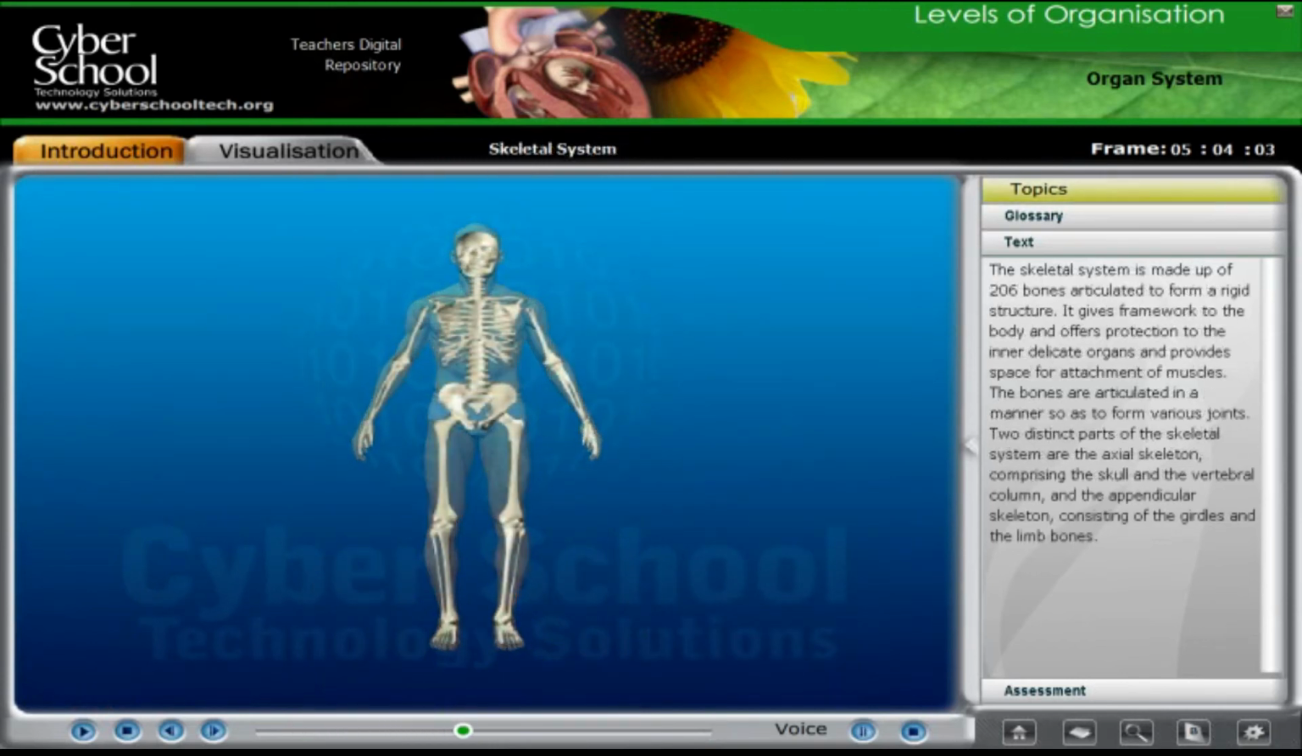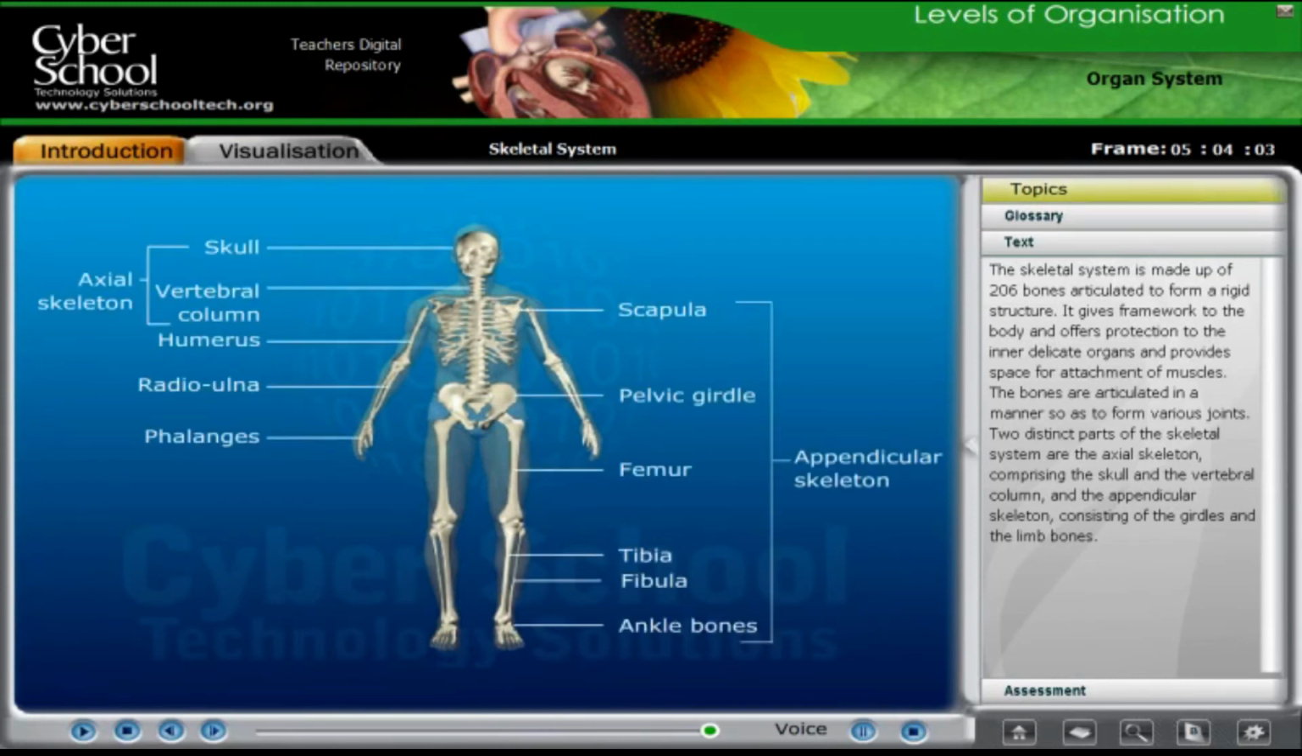The skeletal system is made up of 206 bones, articulated to form a rigid structure. It gives framework to the body and offers protection to the inner delicate organs and provides space for attachment of muscles. The bones are articulated in a manner so as to form various